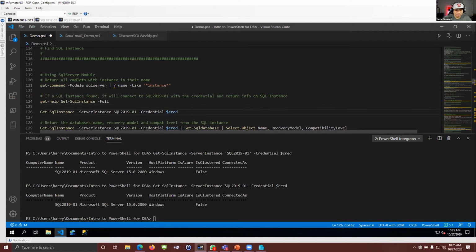So, all right. I just ran that Get-SqlInstance. What they mean is, for example, if you want to combine things inside this string right here, you can use,